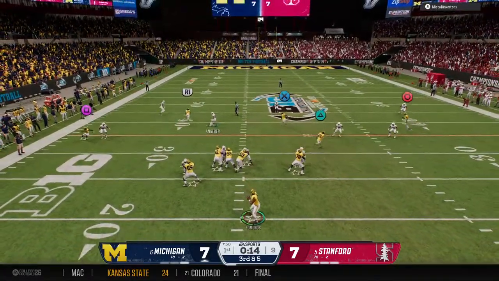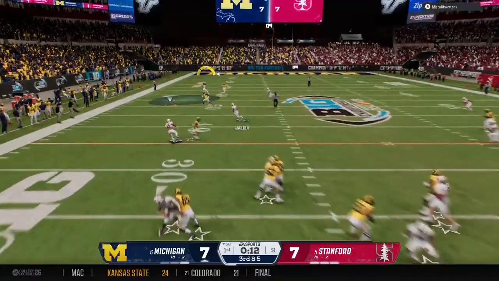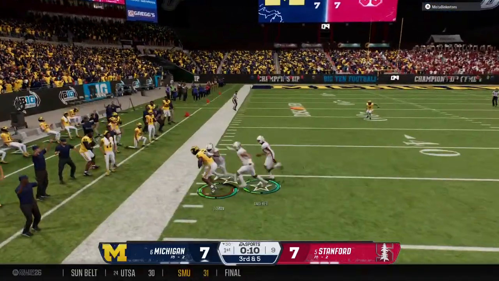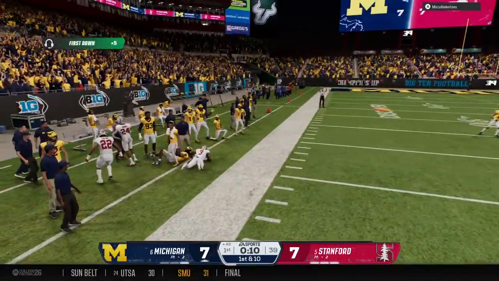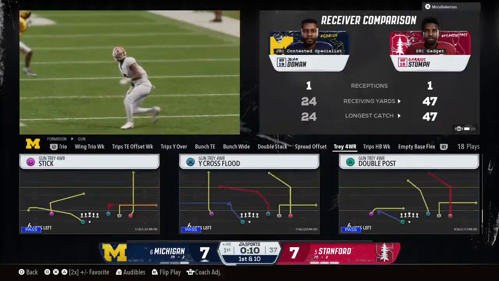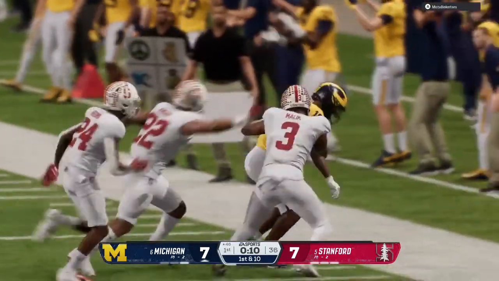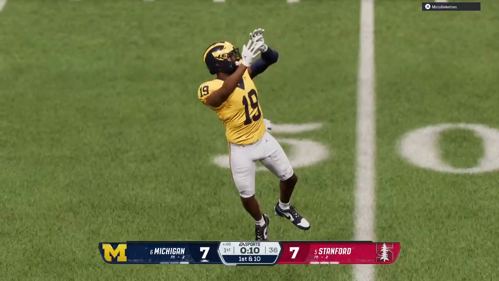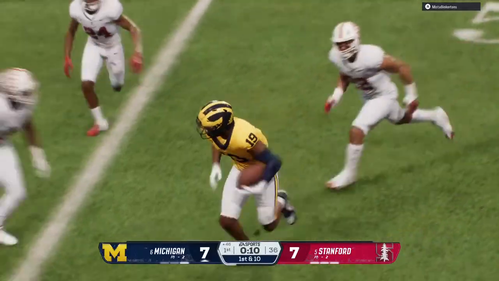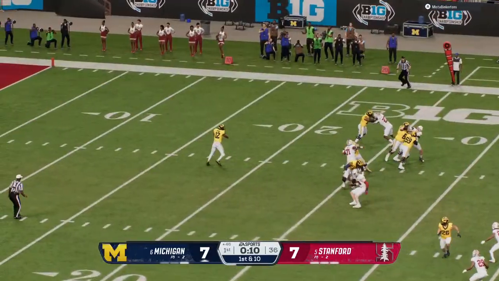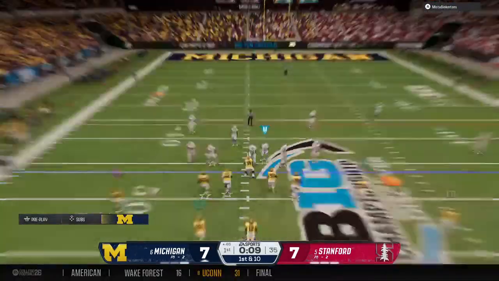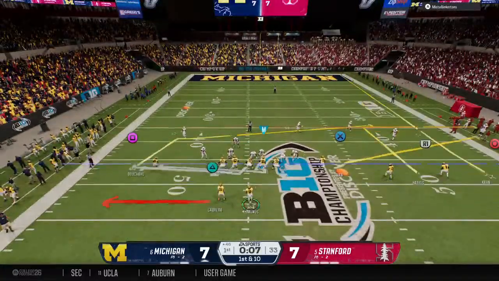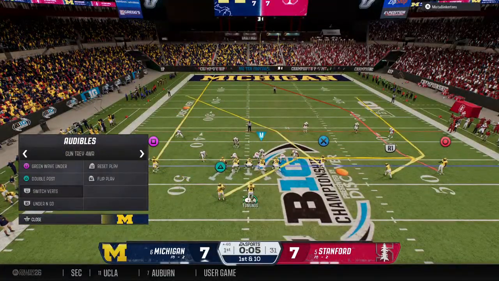Out of the gun now on 3rd down. Lets it fly to the wideout. Oh, what a grab! Heads out of bounds after a solid gain, more than enough to pick up a first down. Offense coming to the line. They might have a chance for a couple more plays before we reach the end of the quarter.